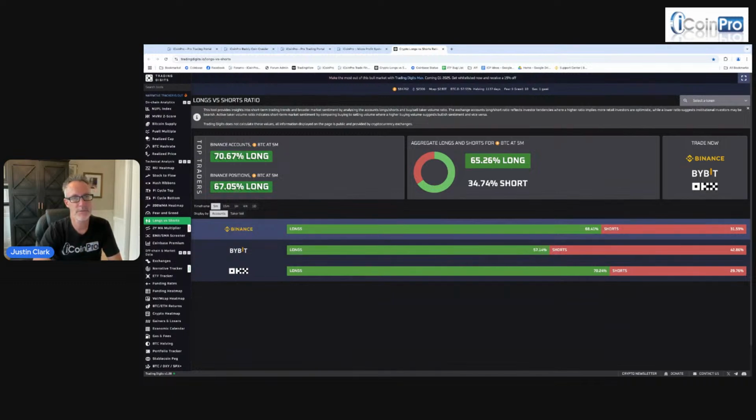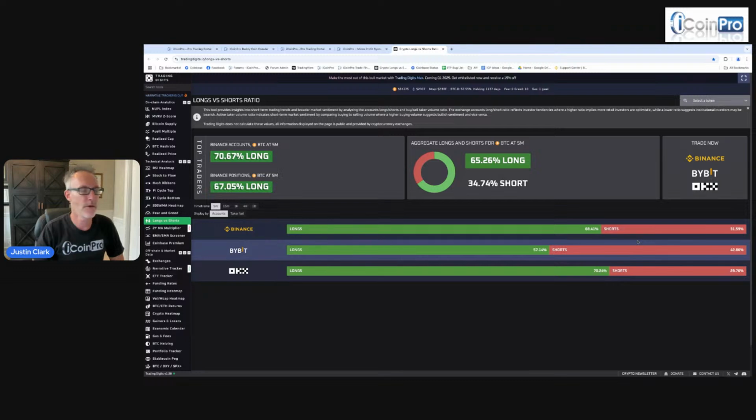please, please, please be cautious. And if you're in a trade and it just starts to dump, and I'm talking to iCoinPro members, and the bottom falls out, realize that we're probably getting a long squeeze. So you've got to be very slow to ladder buy and patient, even spacing out 5-10% on your ladder buys.